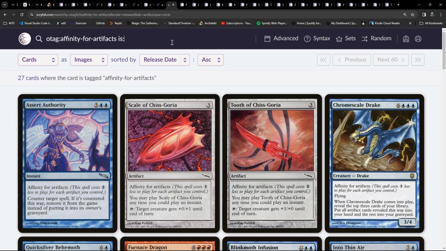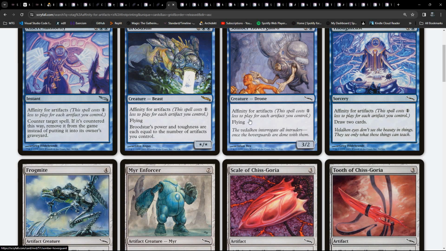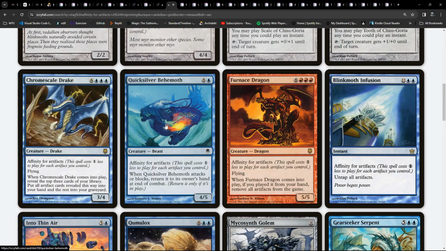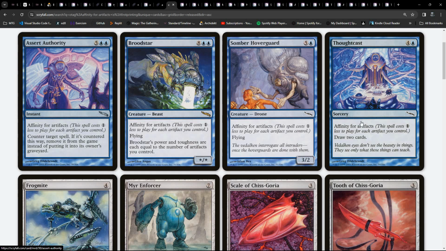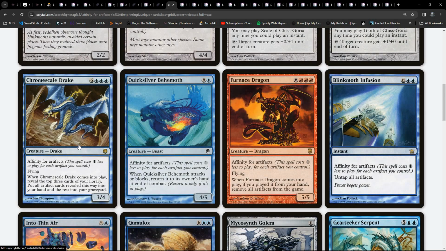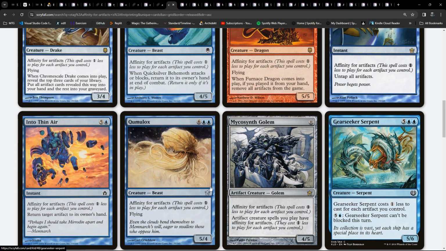Yeah, and this caused a lot of problems. So let's see how long it lasted for and whether it did indeed even come back. Okay, so there's all our Mirrodin stuff. So if you look through, we've got it in blue, colourless, blue again, but now we're up to Darksteel, red because of Furnace Dragon, and we get into Fifth Dawn, blue again,